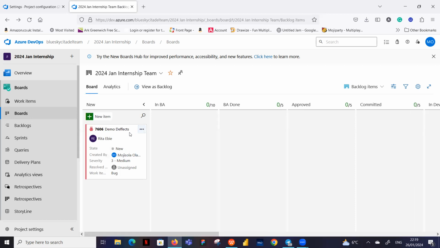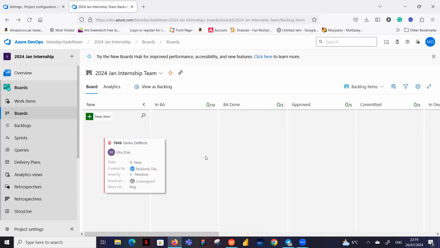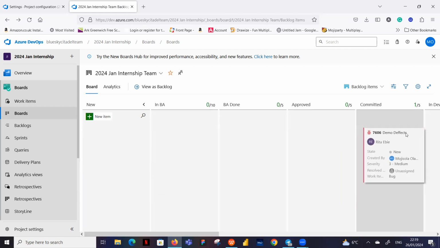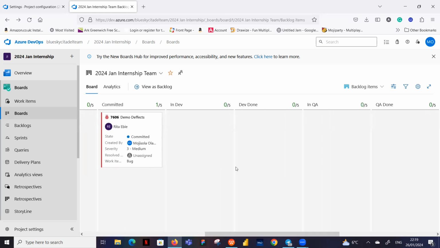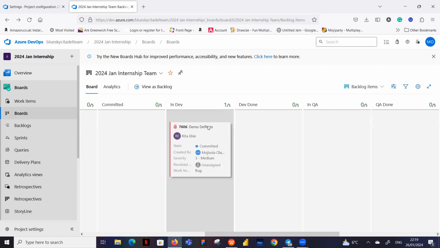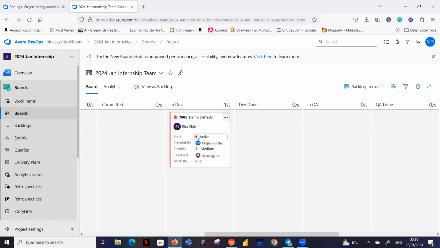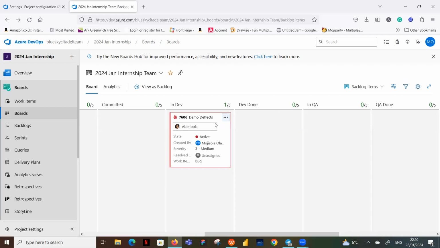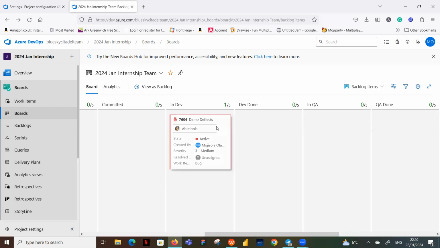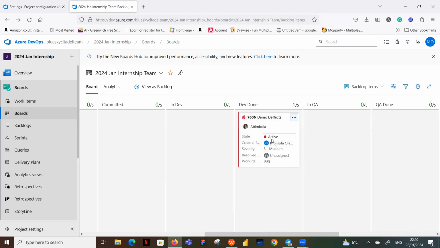So I'm not going to take the bug over through the BA side of things, because they don't work on it. So remember, when it's here, it's still committed. Once Abimbola picks it from here and starts working on it, it turns red and active, because that's what we said it should do. And then when Abimbola finishes on it, once Abimbola finishes on it, she moves it to dev done, it's still active, because the QA has